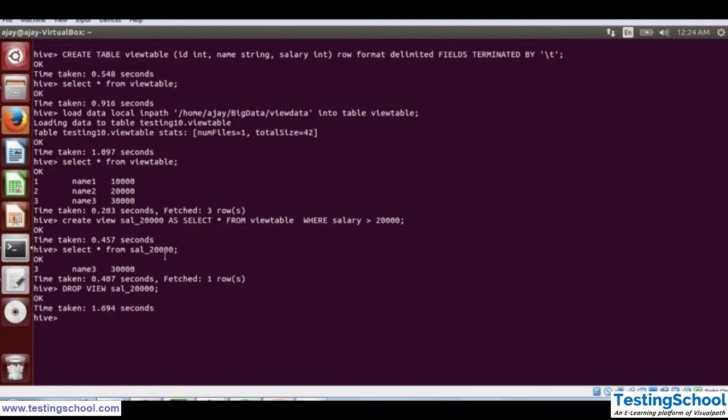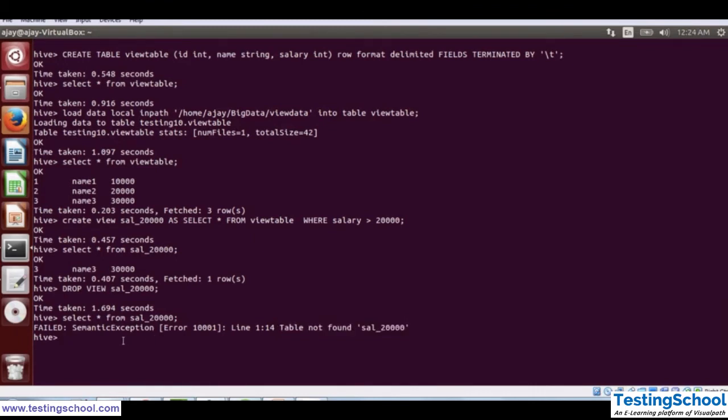So now you can see our view is deleted. If I want to execute our view query again, because our view is not there, it will give me an error because the table is not found for that particular view.